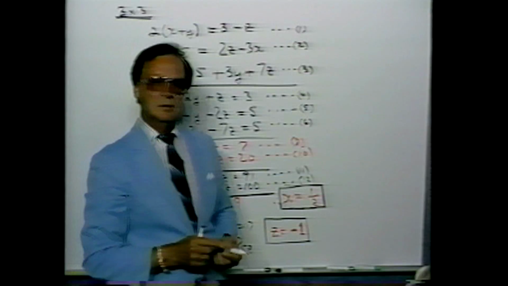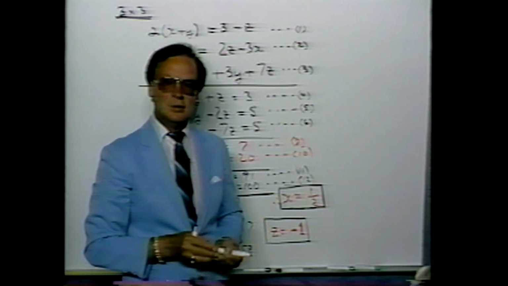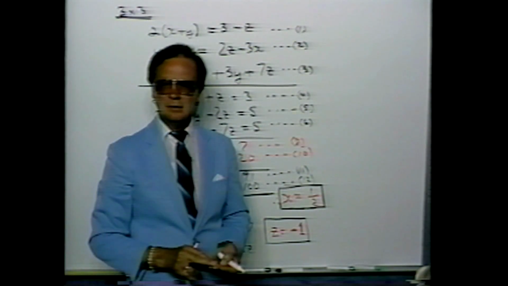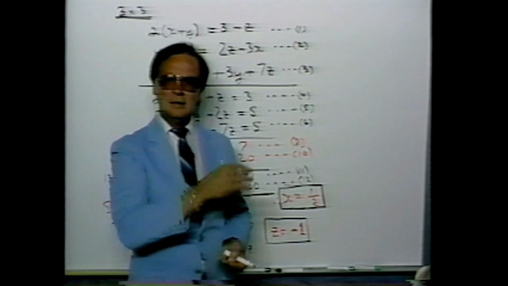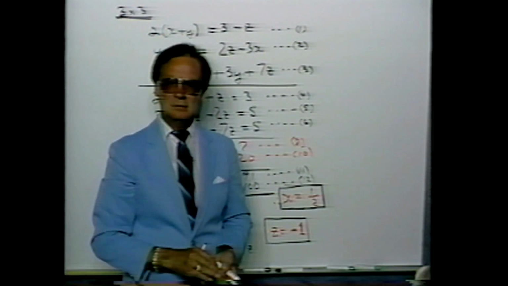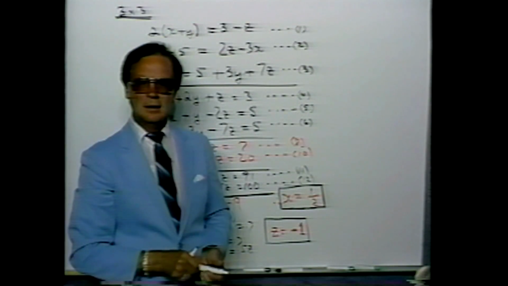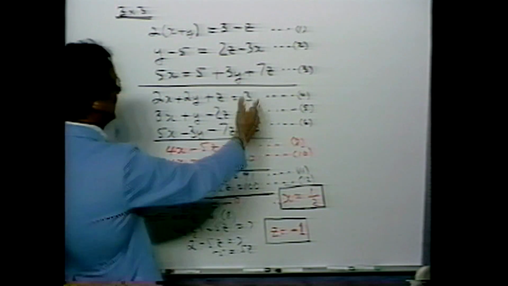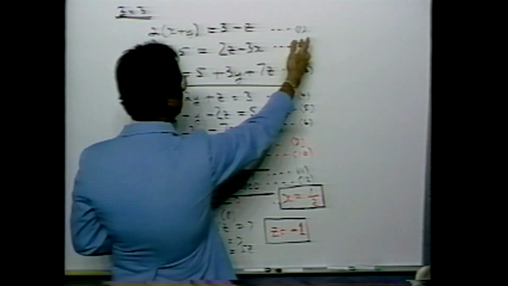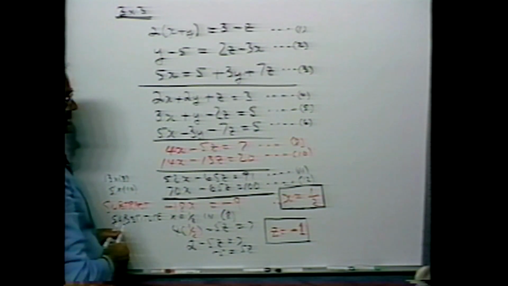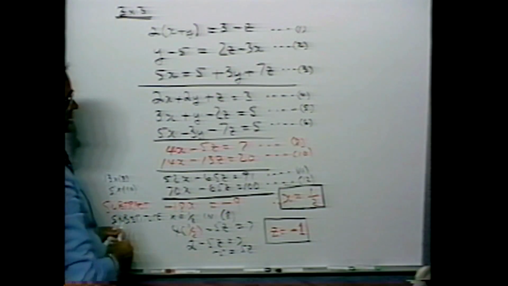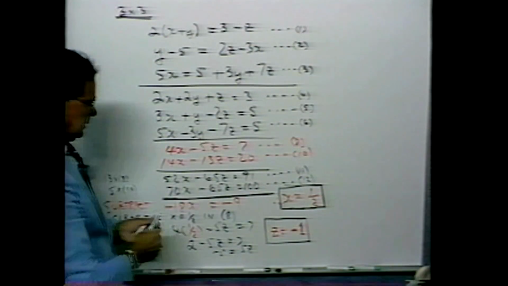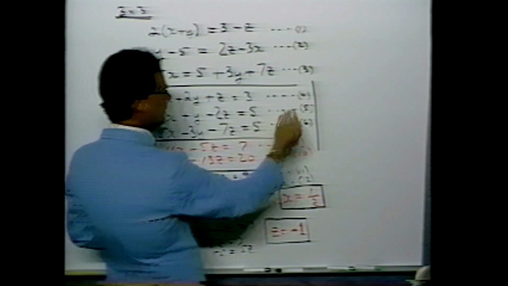We now have the solution to two of the three variables. That is, the solution to x and the solution to z. It's a simple matter to find an equation with three of the variables in it, to substitute those numbers, and find the last and final variable value. We can pick any one of these equations from 1 to 6. Let's choose the simpler one. It seems that perhaps 4 might be the easier one to deal with. If I take equation 4 and say the following: